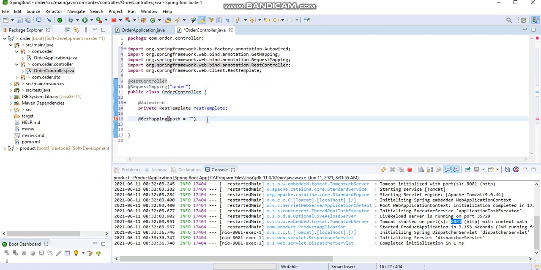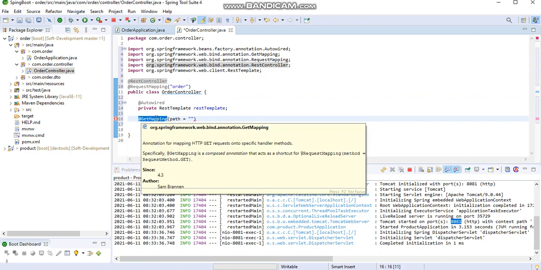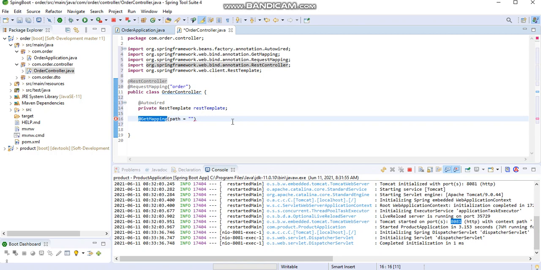But how will it identify? Since we are using GetMapping, it identifies GET requests; if we use PostMapping, it identifies POST. We can test GET methods from any browser, but for POST, update and other methods we can use Postman or Swagger. For that, I'll create a separate video.